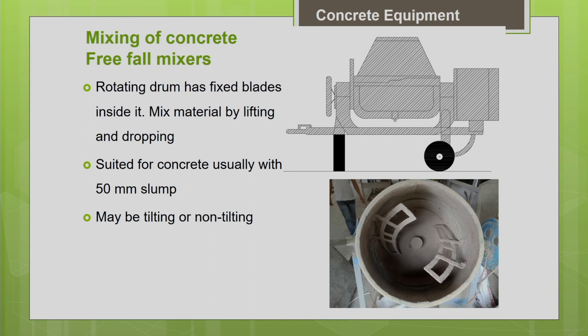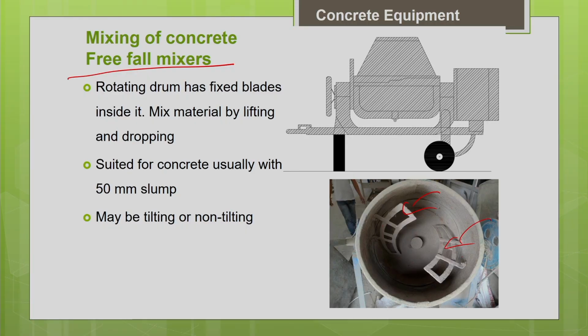The conventional drum mixers, what we see at your job site very commonly, are based on the free fall mechanism. As the name indicates, here we are going to discuss the free fall mechanism of the material. That means you can see the inside view of the drum. You are having fixed blades, blades fixed to the inside of the drum. You can see clearly in the picture. Okay, you can see the blades. So these blades, when the drum is rotating, help you to lift the material and drop the material at the end of the rotation. By lifting and dropping the material, your material gets mixed thoroughly. That is what is happening. That is why it is called a free fall mixer.